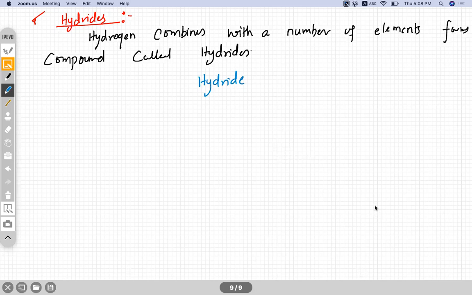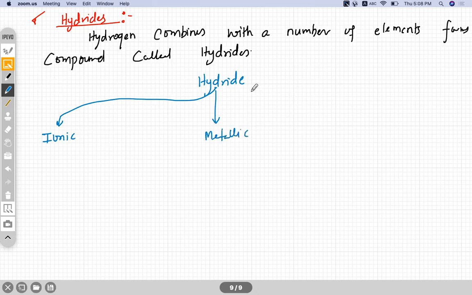So hydrides we are talking about. So mainly three types of hydrides we have. If you simply try to memorize, it will be difficult for you to memorize. So I'm just giving you the pictorial thing so that you can understand in the periodic table how these hydrides and their properties are. Okay, so first of all, like I said, there are three types of hydride. We'll discuss the property later on also. Just let me draw this. One is we call it ionic hydride. And the second one is metallic hydride.